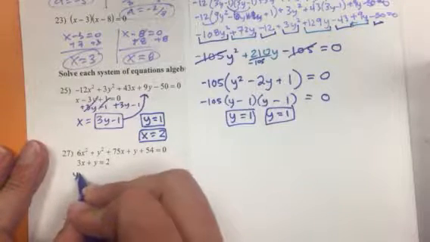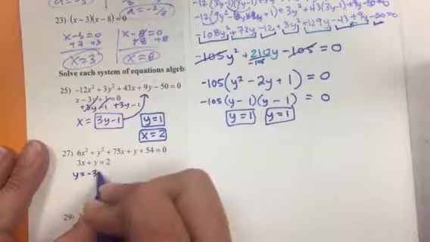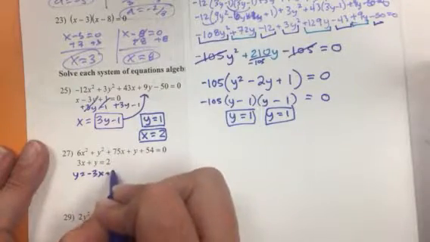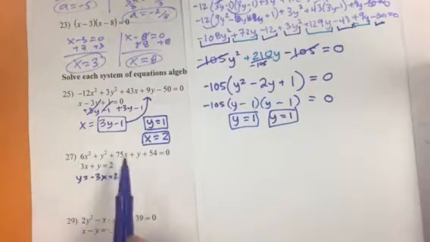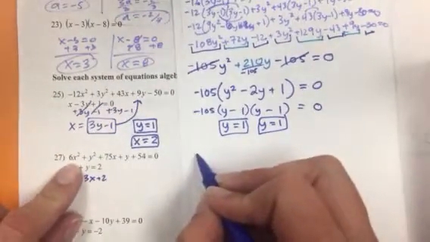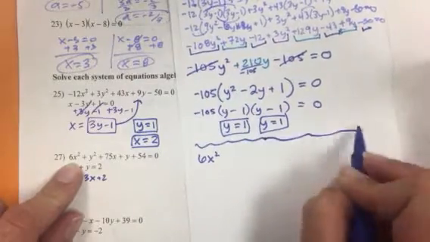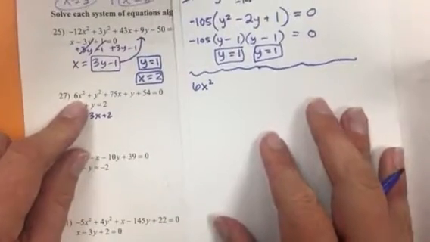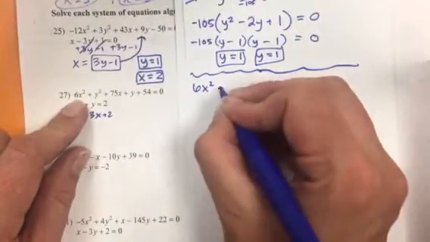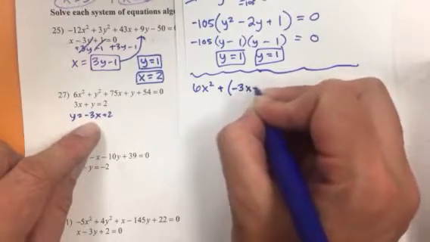for y because it's the value that's by itself. So minus 3x and a positive 2 when I move it over. So every y I see in this top equation I'm going to replace. 6x squared plus, I see a y, which means I plug in negative 3x plus 2